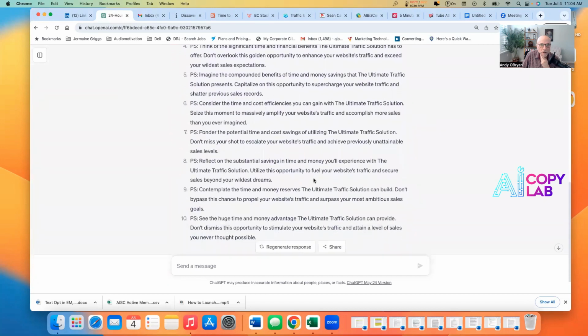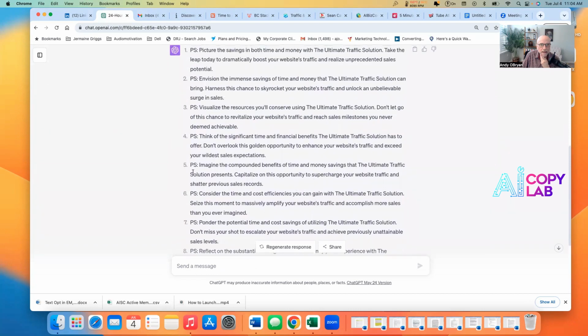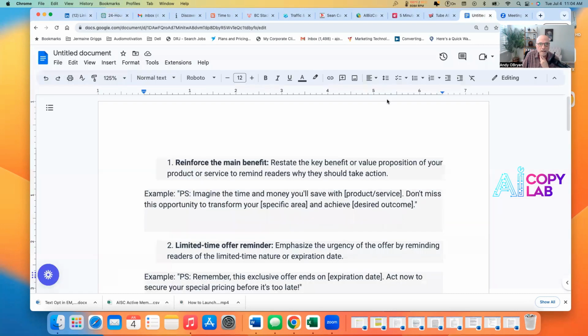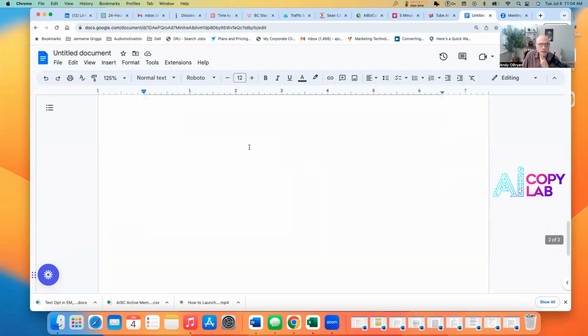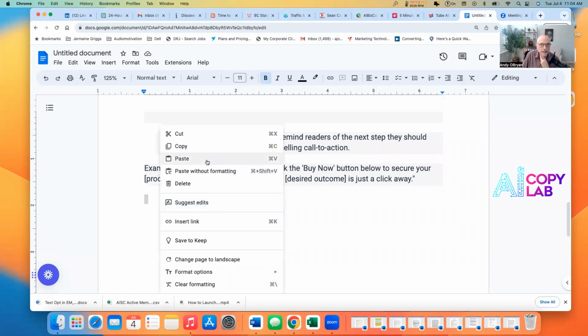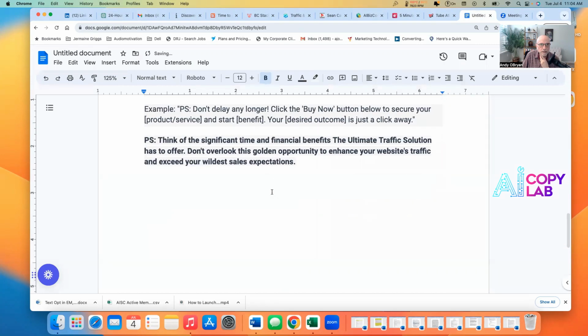All right. So let's see, let's do this one. Let's copy and paste. We'll go back to my Word doc. All right. And we're going to go under here and we're going to have some fun with this statement that we're going to use in a PS.